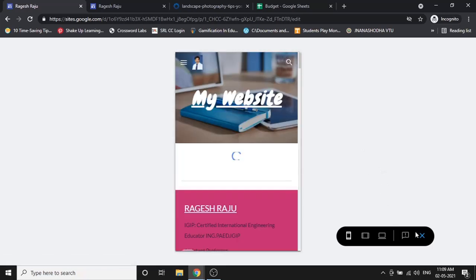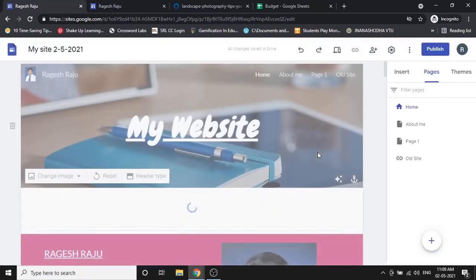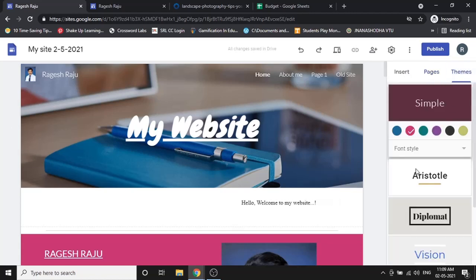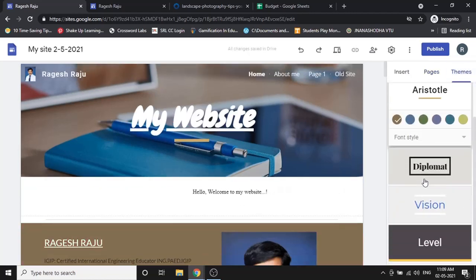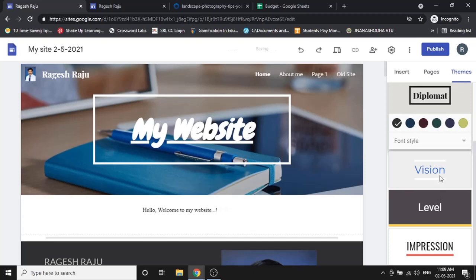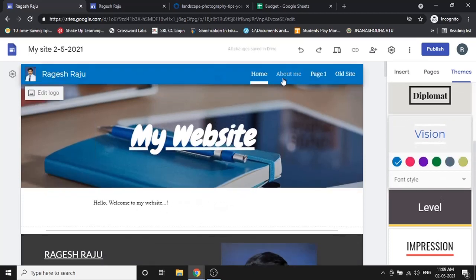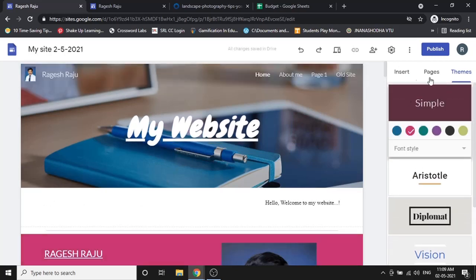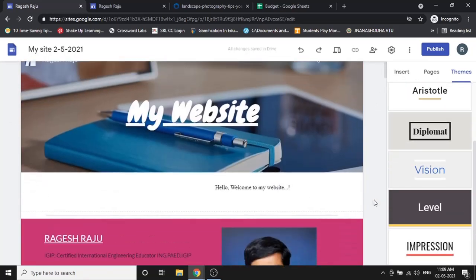Right, so this is how we add it for a website. Similar things, if you want to change the theme, you can always go and do that. I can change it to any of the themes, but when you change the theme, the entire page setup will change. See, the menus are coming like this. I go to simple, it's a different menu. Okay, so this is how we add things.